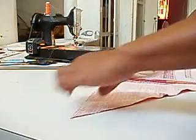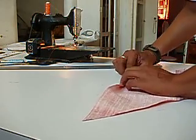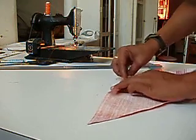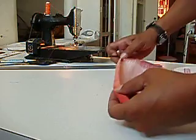Now, how I cheated with this, is that thing still ticking? How I cheated with this was I ironed over a 1/4 inch seam before I pinned it. So